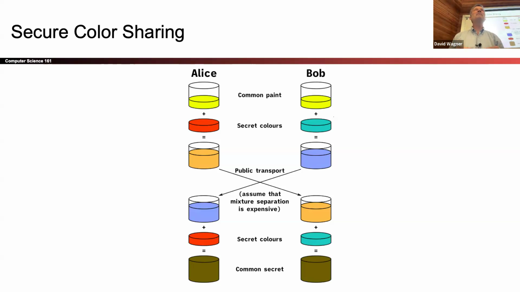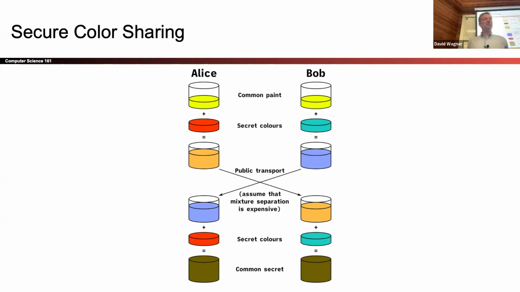And the mailman might be snooping on the paint cans, observing what colors they send back and forth. And our goal is to come up with a way that Alice and Bob can send some paint cans back and forth so they both end up with a secret color, the same secret color, but the postman can't guess what their secret color is. Sounds weird and maybe not achievable,